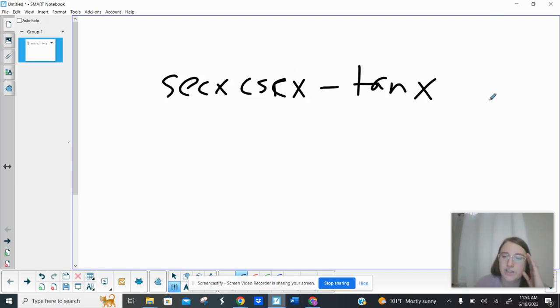So part of it is, I think, just getting used to the identities, and that very first page of the notes, referring back to that over and over again. But yeah, the strategy I like best when it's simple stuff like this is getting everything in terms of